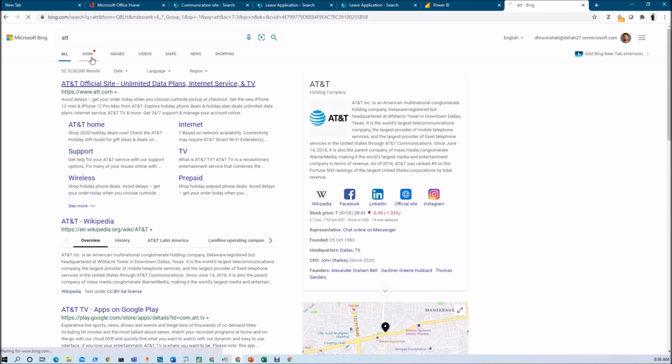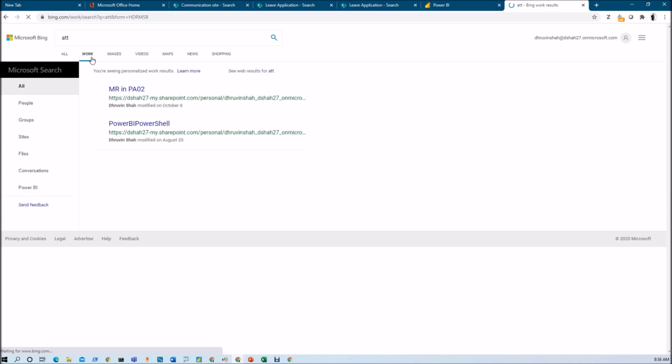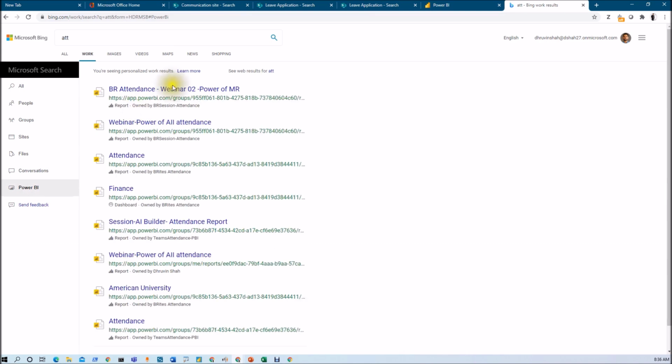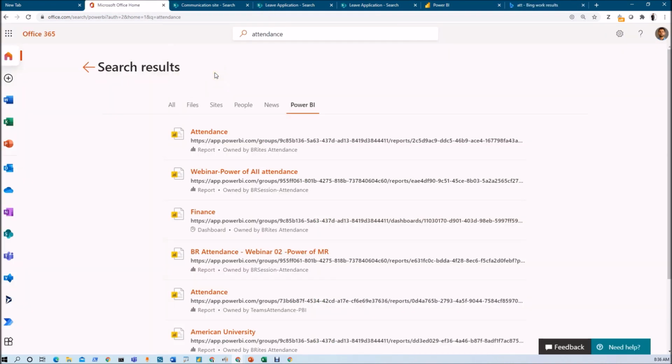Now we just need to click on the work tab over here, and that will have one Power BI section available. So just click on that and you will be able to see all your Power BI reports in Microsoft Bing search. So this is how we can search for our Power BI reports and dashboards in office.com, SharePoint home and Bing search. So isn't that amazing?